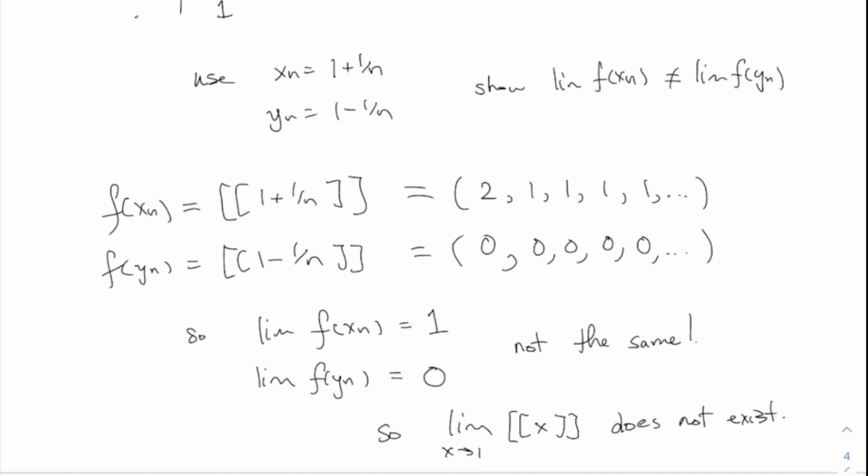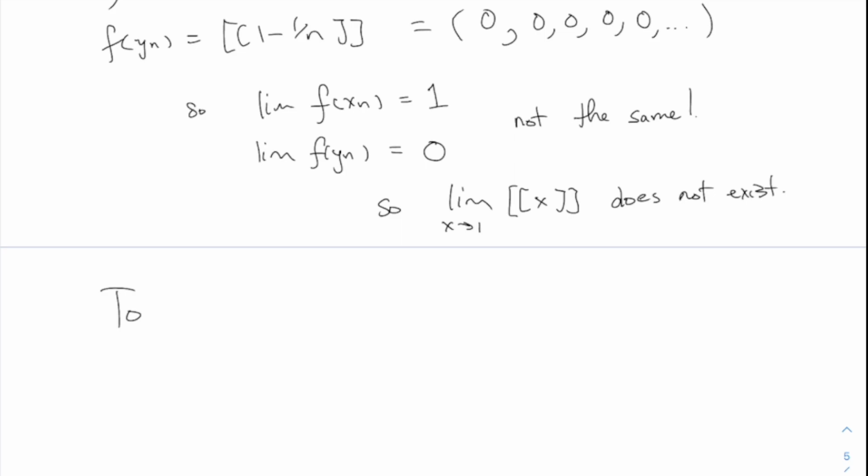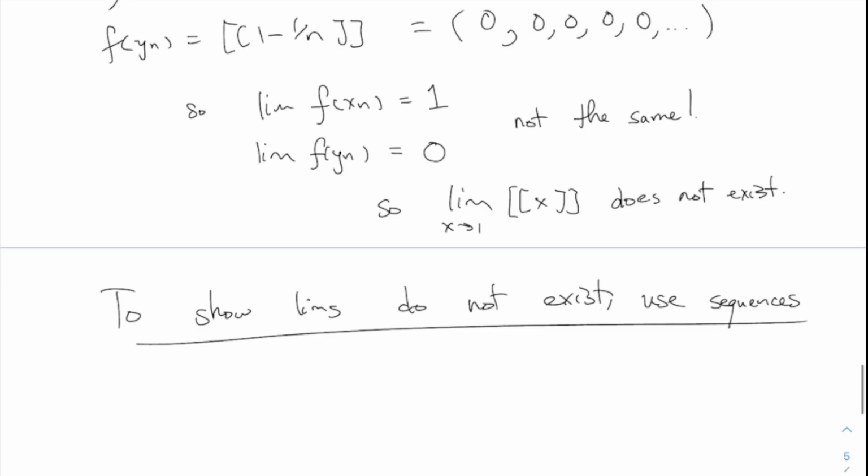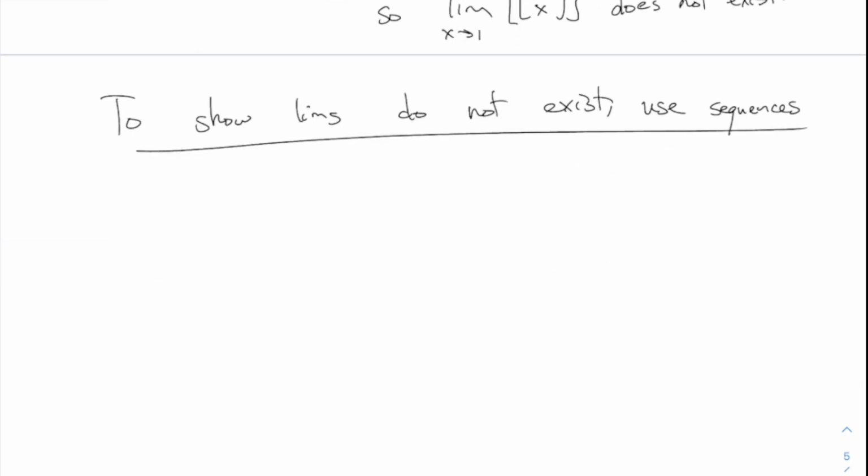Any questions about that? I have a little warning here. To show limits do not exist, use sequences. Almost always, this is the way you should do it. This is sort of the moral of the story for today. To show that certain limits of functions do not exist, you use sequences. You invent a sequence for which the sequence diverges when you plug it in, or maybe two sequences where you get two different answers. But to show limits exist,